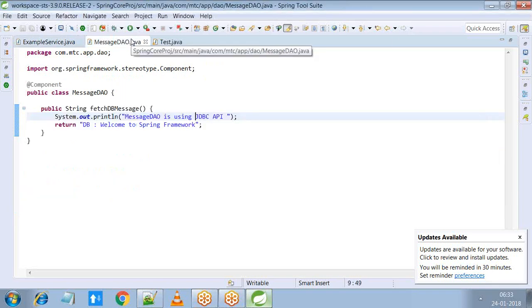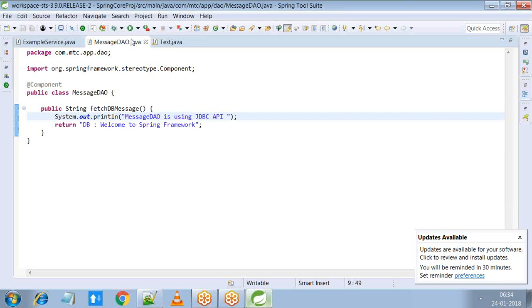Let's say internally it uses JDBC. Now your clients want you to use the Hibernate framework to interact with the database server rather than using JDBC. Or let's say that the message has to be fetched from a different source. As of now, we are fetching it from the database server. It has to be fetched from a different source, let's say from a REST service,